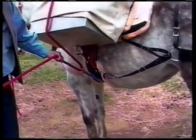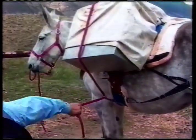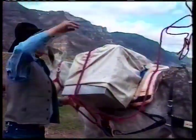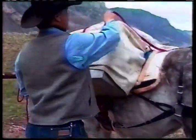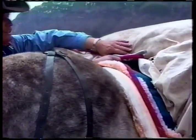Make sure you run down through the middle, and then take your cinch, grab up your slack and throw off your excess rope towards the back of your animal. I like to run this behind your load. I usually take a little bit of my slack and just kind of hold it tight there, but the whole idea is to capture your top load, keep it out there,